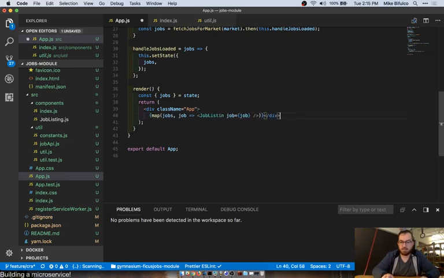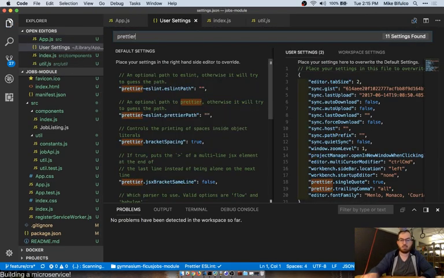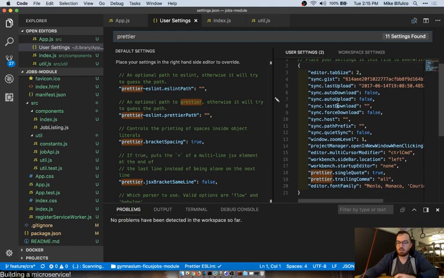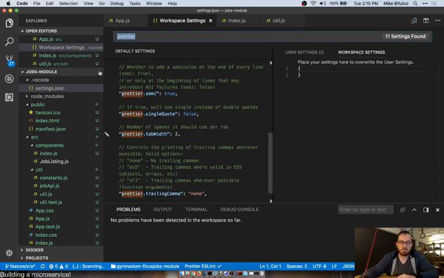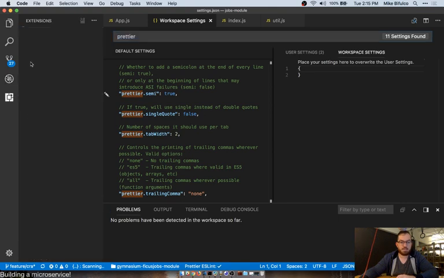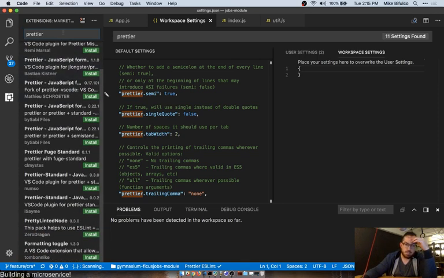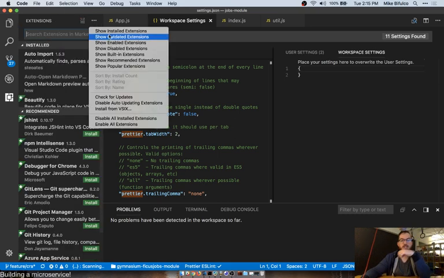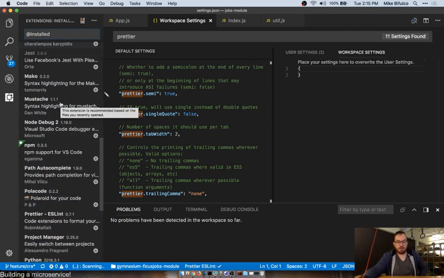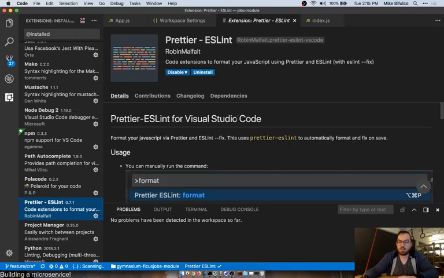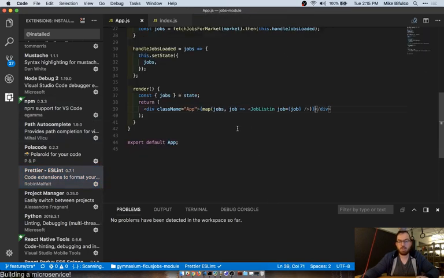I really hate the way prettier formats this. How do I disable prettier? It's probably a plugin I've got set up, isn't it? No? Let's look at my installed extensions here. Oh, I don't see prettier in there. Oh, there it is, code extensions to format your JavaScript using prettier and ESLint with ESLint fix. That doesn't seem like it would do it. Okay, whatever. The point is, now,